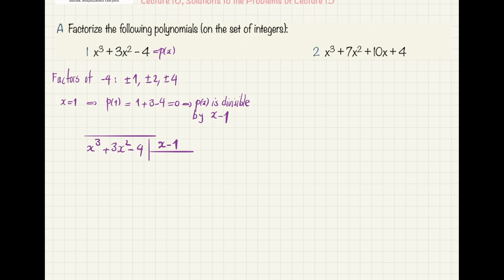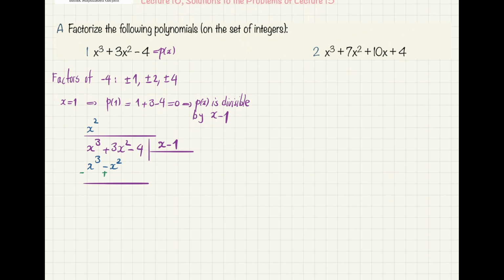Okay, so the first term divided by this first term will give me x squared. I multiply it and write it here. So I multiply this x squared here, and I would write the terms here, and then I will change the signs and then add them. So it means that I am subtracting them. Yes. So if I multiply, this becomes x cubed minus x squared, yes, and then I will change the sign, so this becomes negative, this becomes positive, and then what I do,